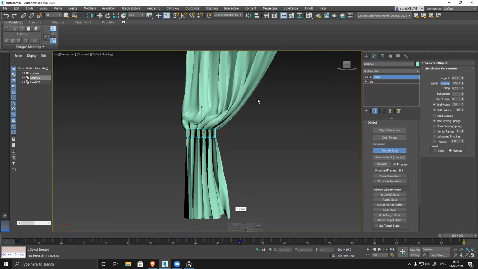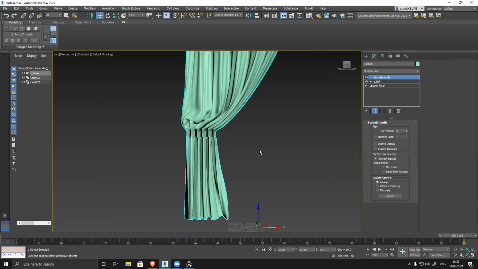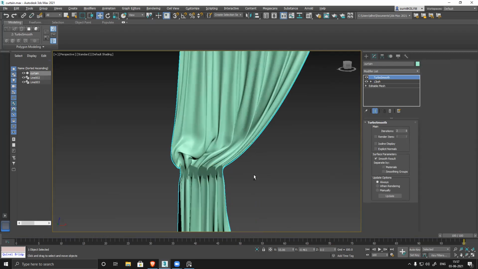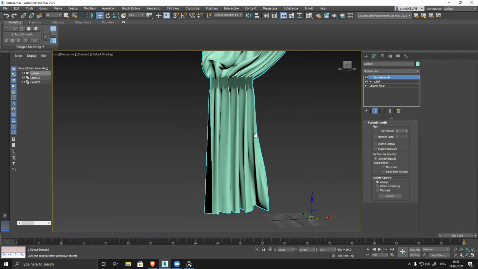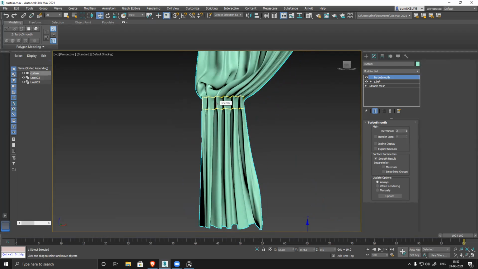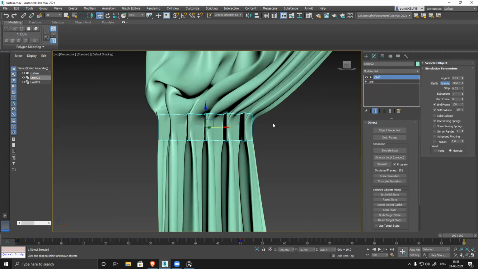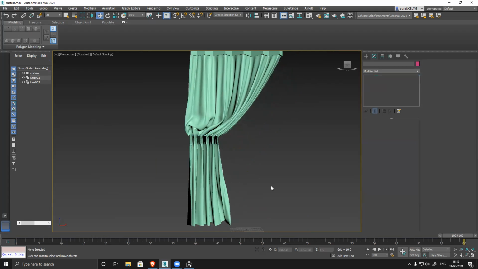See, gradually it's coming down, and that shape you're asking about, that shape also generated. And whenever you want, you can switch it off and apply a turbo. Not on this one, on this. You can see, really nice, clean fold, no intersection, nothing. All the folds are nicely folded. I can make it even smaller and make it a really tight knot. That knot I have to model separately. So I can keep it like this, and then squeeze that model and create a knot, model it basically. So it will give you a nice effect.